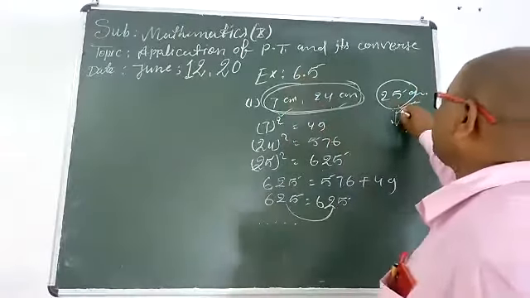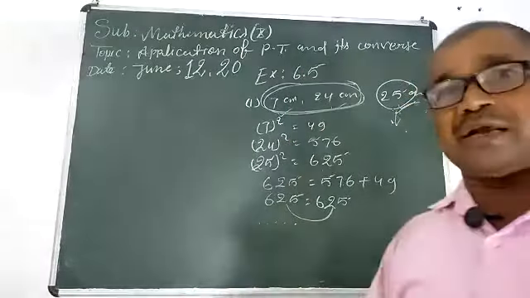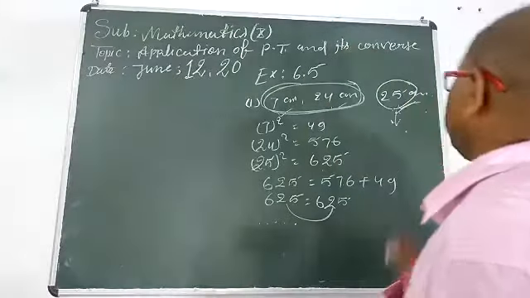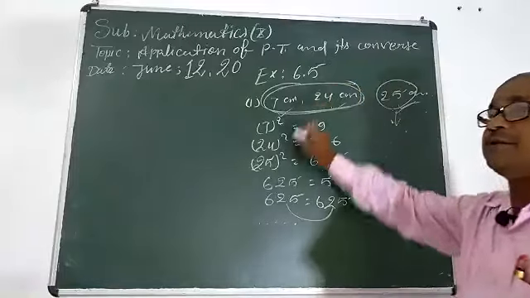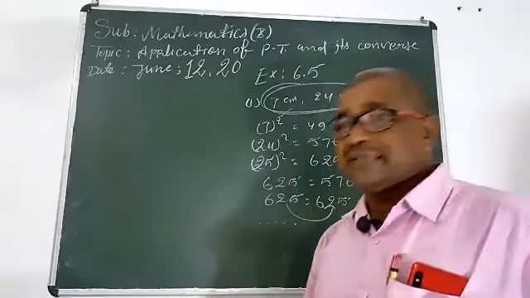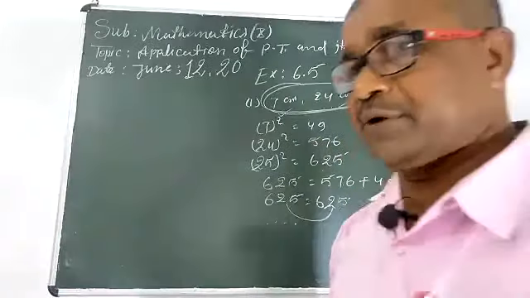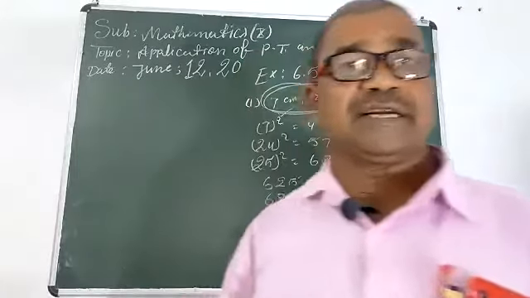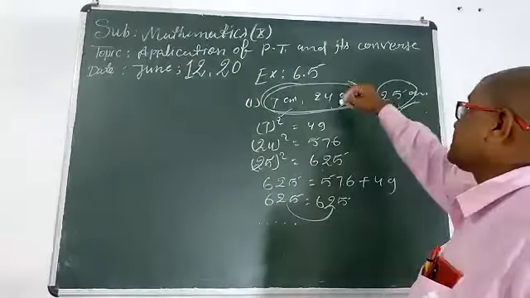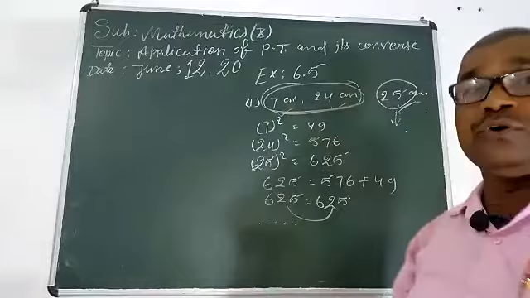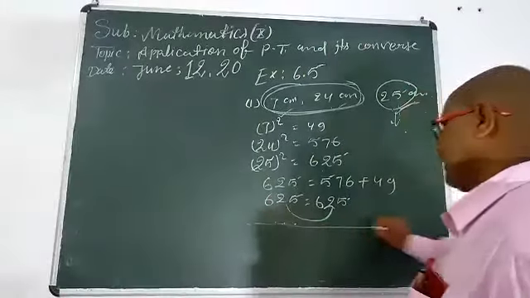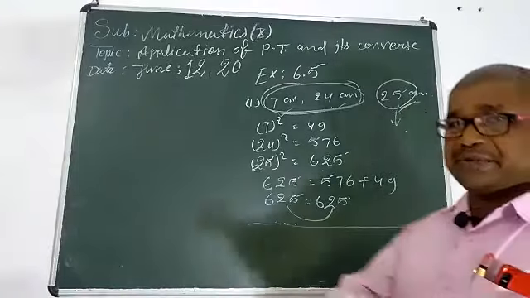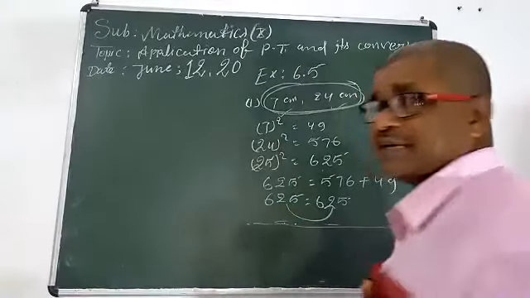We should go to the converse of Pythagoras, because the converse is given: if the square of one side equals the sum of the squares of the other two sides, then the angle opposite the longest side is a right angle. So these sides form a right angle triangle. Understood? Can you write the statement yourself? Everyone, can you write the statement yourself?